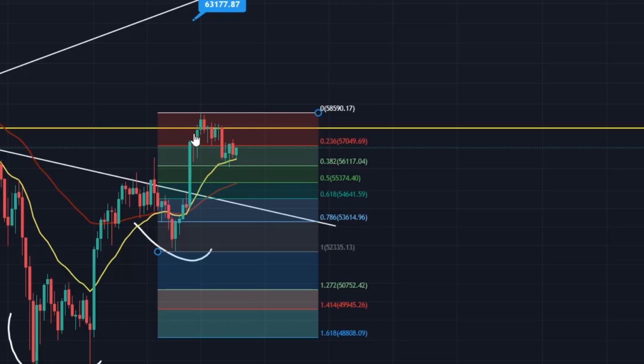So based off that, you can see it's had 1, 2, 3, 4 touches in continuation, and it's adhering to the yellow line above the 0.382, which is 56117 for Bitcoin. It's good, it's golden, it's a big tick, it means continuation. If you do start to see it roll down, then you can't afford to lose this golden ratio. So you can't start to see Bitcoin close any lower than 54,641, because if it does, then you're looking at correcting even more, coming back into the inverse head and shoulders pattern, and potentially looking at a 52k Bitcoin, because